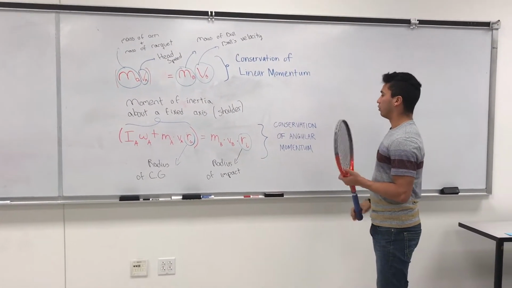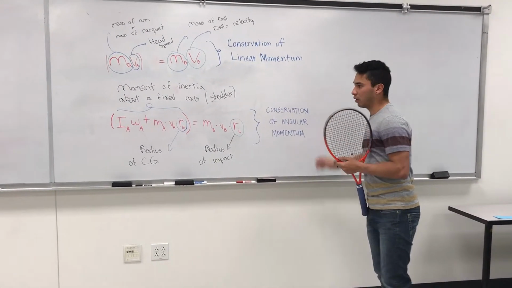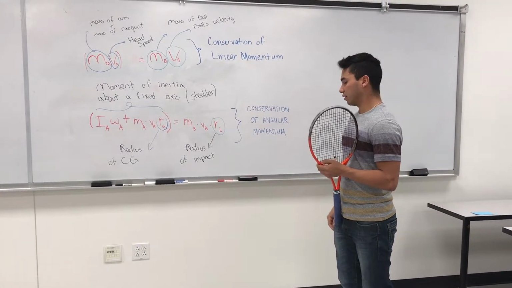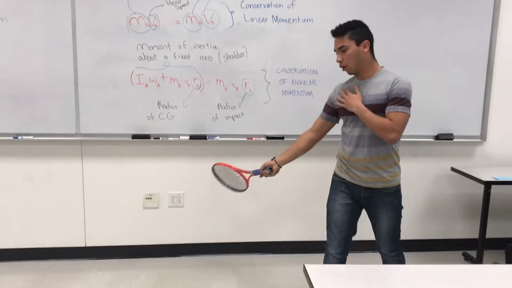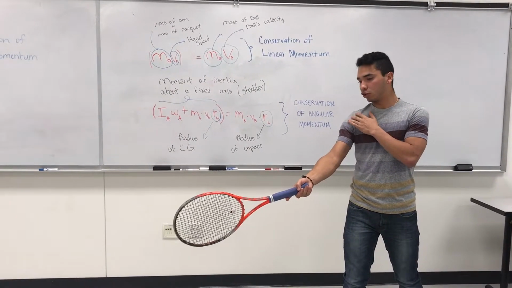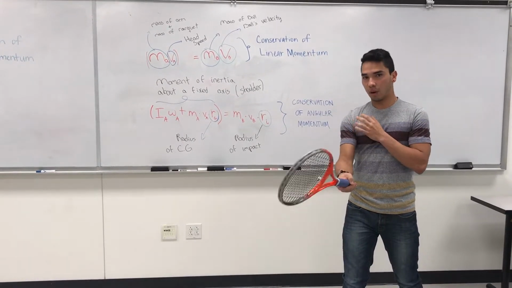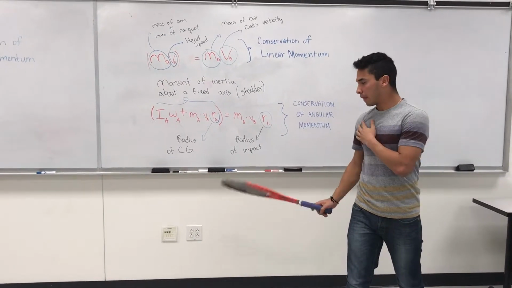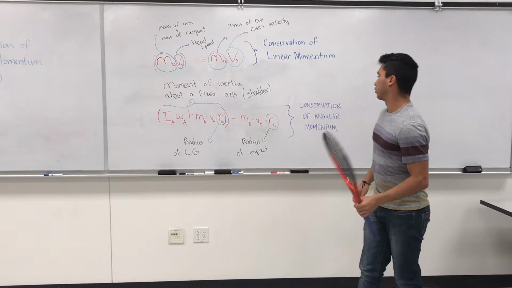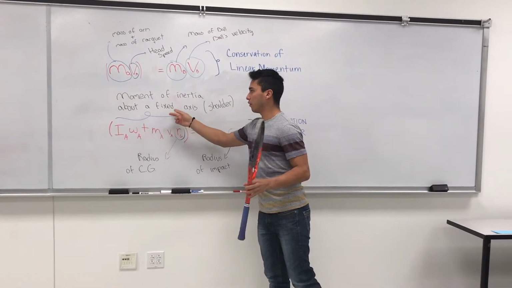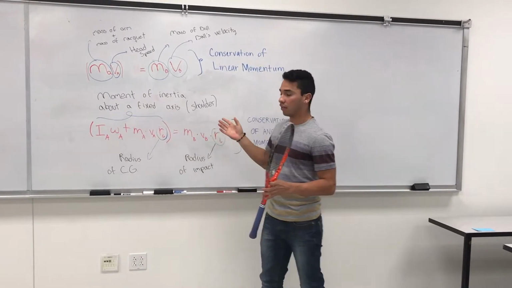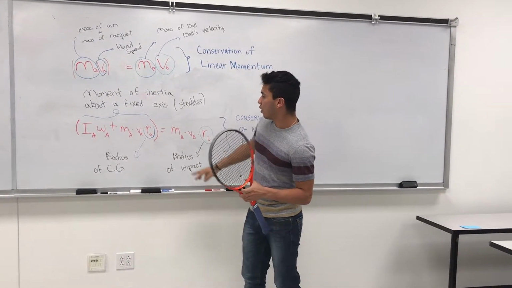And then when I use conservation of angular momentum on a fixed axis, what I did is that I was on an open stance, and when hitting the ball, I placed my shoulder at the fixed axis since I wasn't moving my body at all. And here in the equation, I represent that by the moment of inertia about the fixed axis, which I told you was the shoulder, where